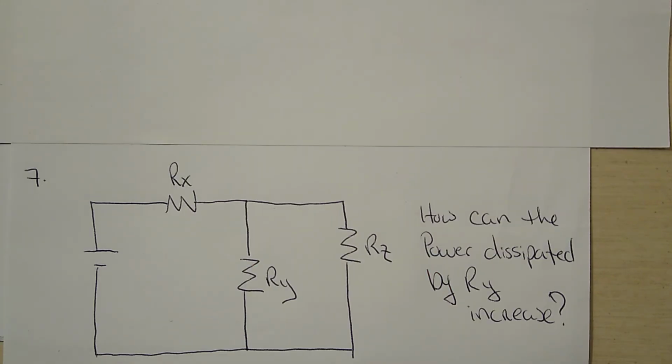Lastly, number 7 is the same setup, and it's talking about power being dissipated, and it wants to know about this guy here. How can we make the power dissipated through that resistor increase? Well, if that resistor value is not going to change, and the only other two things that can be manipulated are the voltage and current,